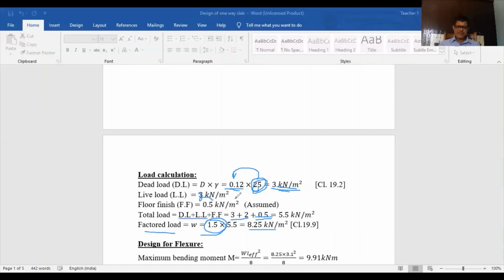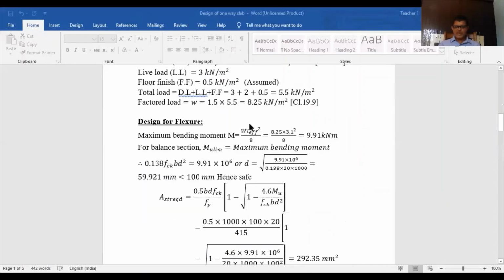So that means this live load was given correctly, that is 2 kN/m², and the dead load is 3 kN/m² calculated. So the total comes to 8.25 kN/m². For this, multiplying by 1 meter, it becomes 8.25 kN per meter. So you calculate the maximum moment, which will be WL² by 8, and the maximum shear force will be WL by 2. So that value you get directly from this formula. Okay, so this is your WL²/2, WL²/8 maximum bending moment.